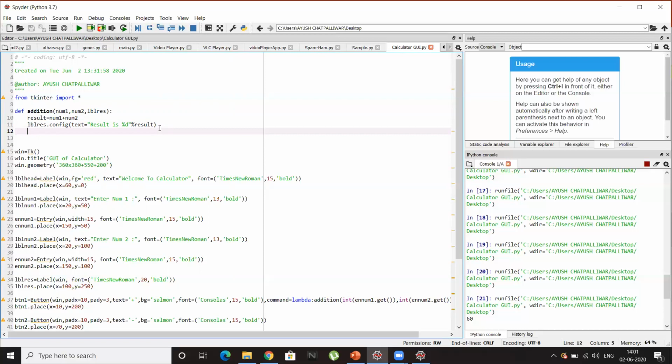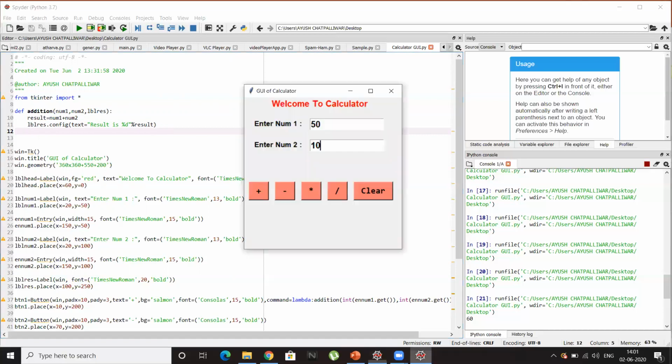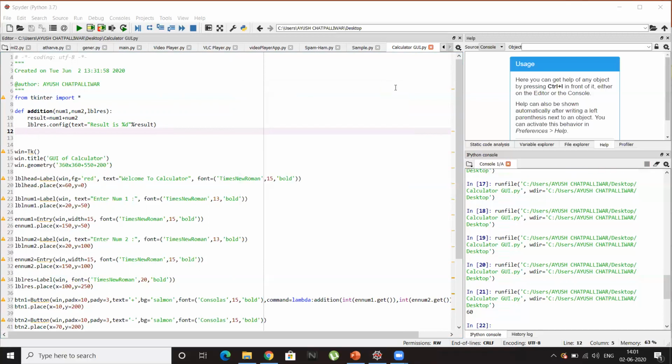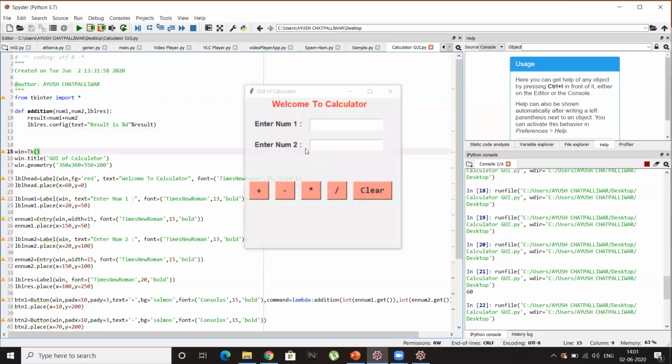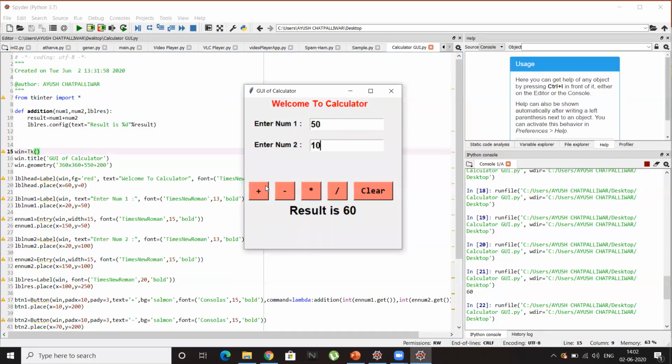So let's try to run it. Yes, window, sorry, again we'll have to run it. Yes, let's see, 50, 10, add. Yes, perfect, we are getting the result. I think we should bring the result a bit downwards, because I think it's much closer to the buttons.